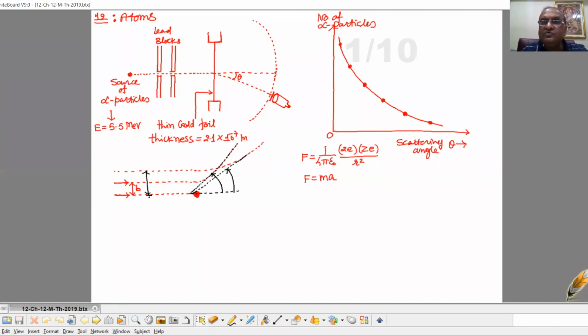It rebounds within the range of 10 raised to minus 14 to minus 15 meter from the center of the atom. It implies that that particular small tiny region which we say that is the nucleus, in which entire positive charge and almost entire mass of the atom is concentrated, that is with radius of the order of 10 raised to minus 14 to minus 15 meter. Rutherford